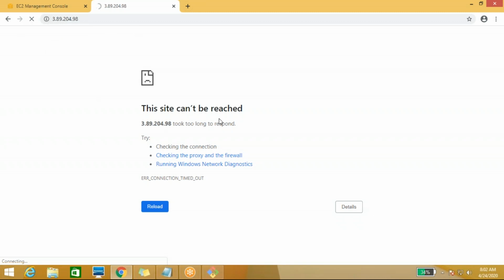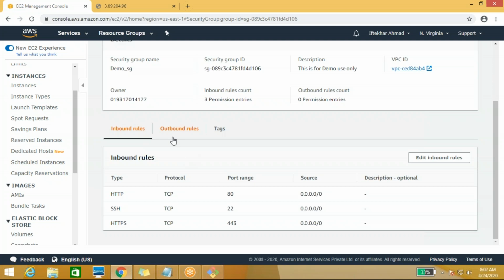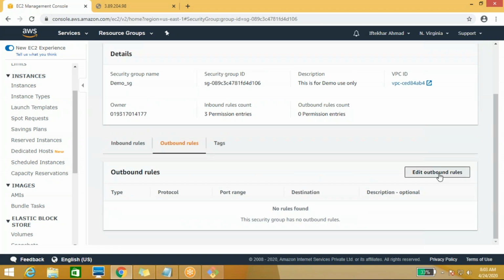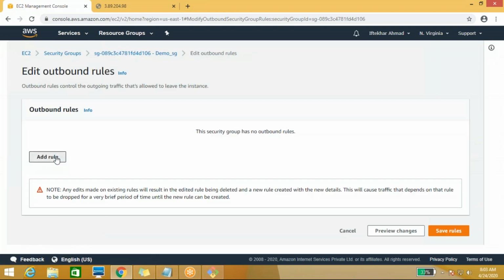Again it's showing that this site cannot be reached. So it's not allowing any outbound traffic. By default it will manage the outbound rule also. So now come here, edit outbound rule, add rule,